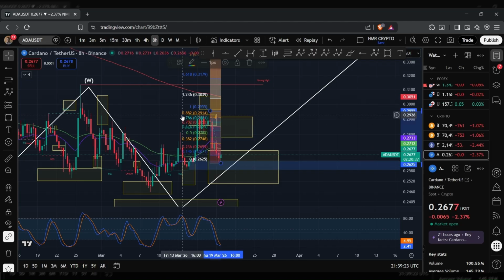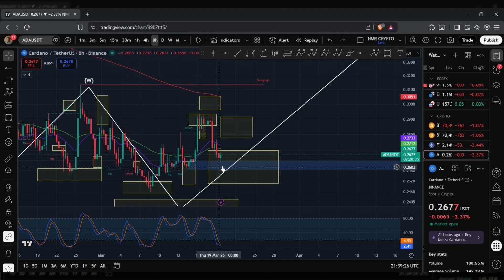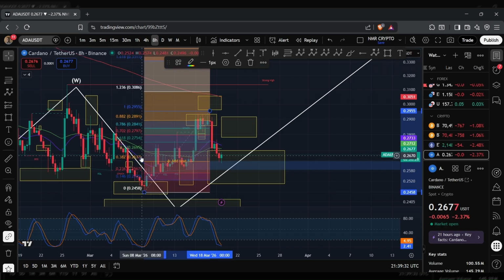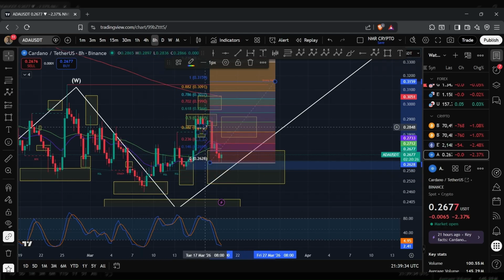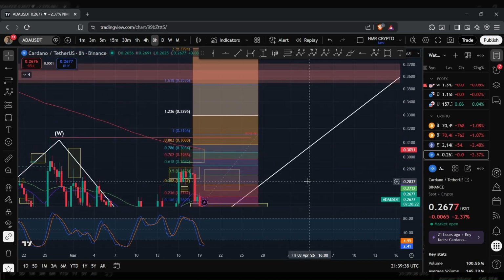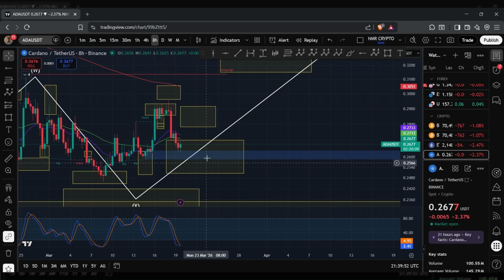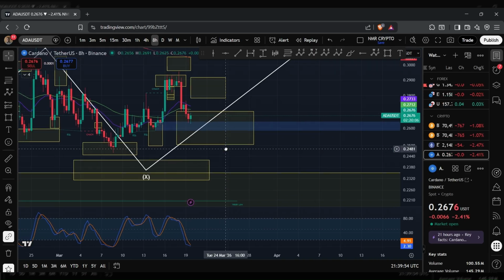And assuming that we are bullish and we could have bottomed out over here, what I'll do is I'll set out the Y wave target, which would typically reach anywhere between 1 to 1.236 of the W wave, and that range sits between around 31.56 cents to 32.96 cents. And the bearish case would be for ADA to breach below this region here, and at the same